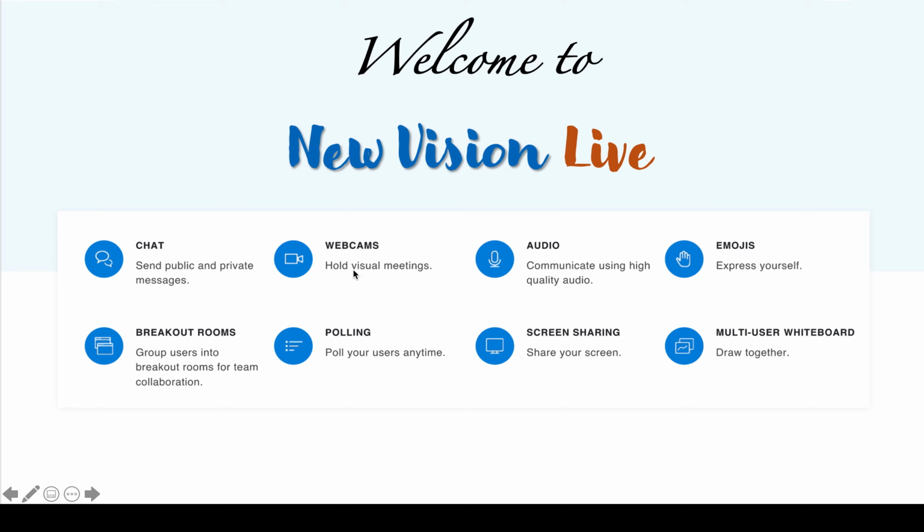Webcams. We may or may not have been asking the students to turn on their cameras as of date, but from now, yes, with very limited streaming data and very good bandwidth, you can ask the students to turn their cameras on, and you can actually see what exactly they are doing during your class. And please remember, whatever the student's camera shows is not visible to his classmates. It is only visible to the class teacher and the moderator.